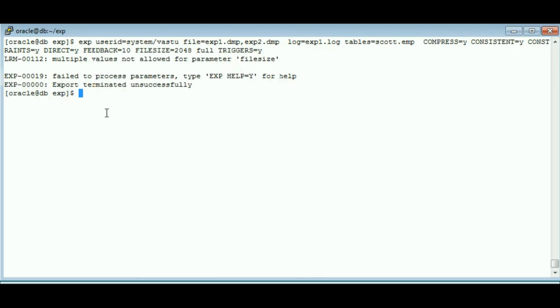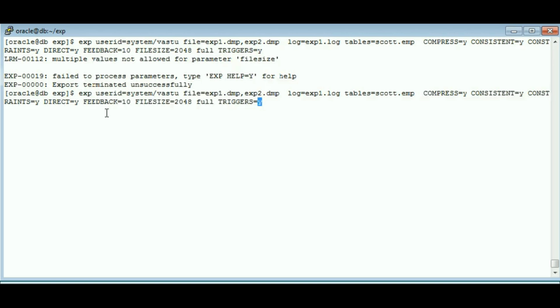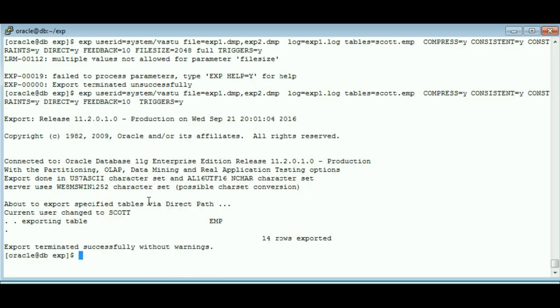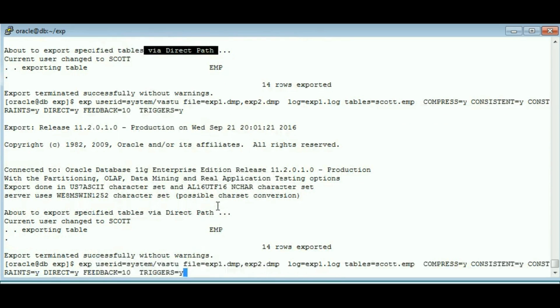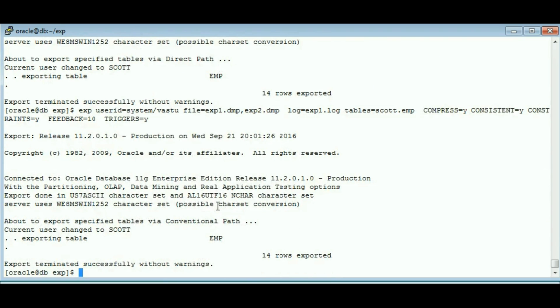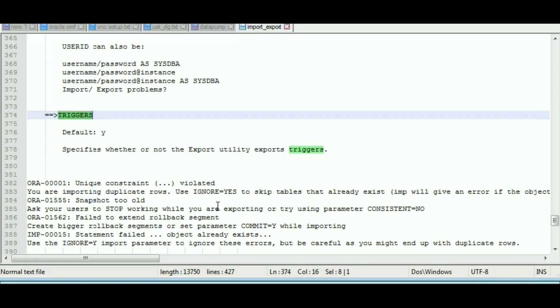Triggers equal to y. Sorry, but here is a mistake. So it is import trigger. See, every time you can see the message via direct path. I am using the direct equal to y parameter. It takes quickly. You can see the query. And if I am not using direct equal to y, then it takes longer. So in that case,